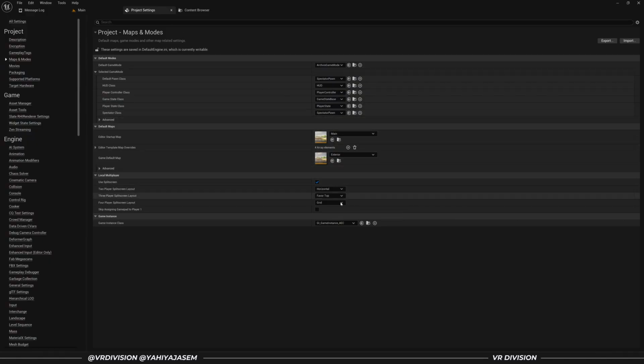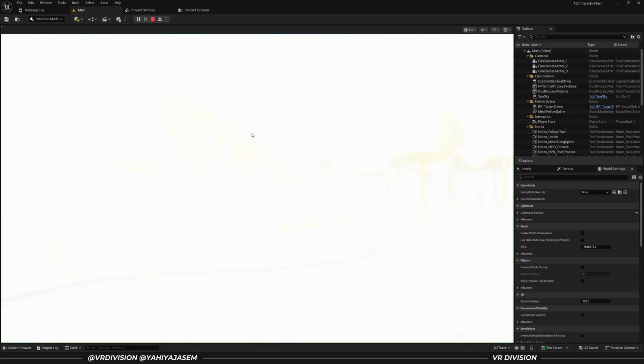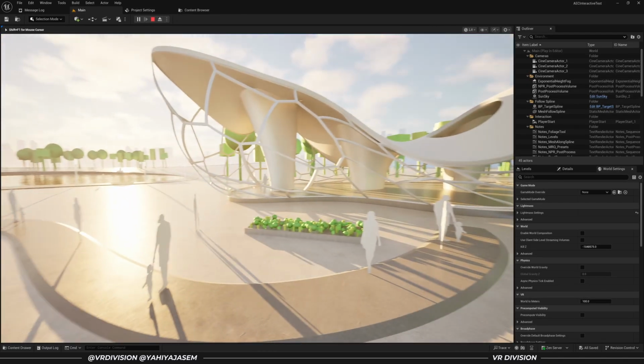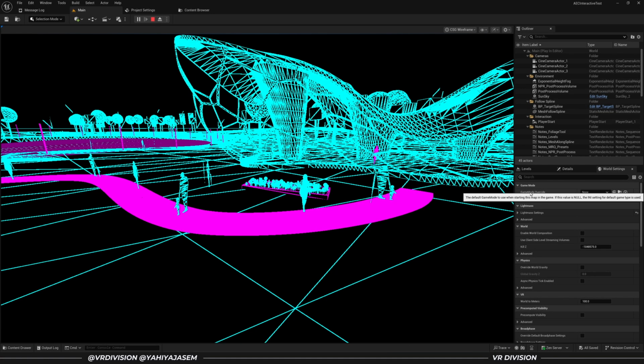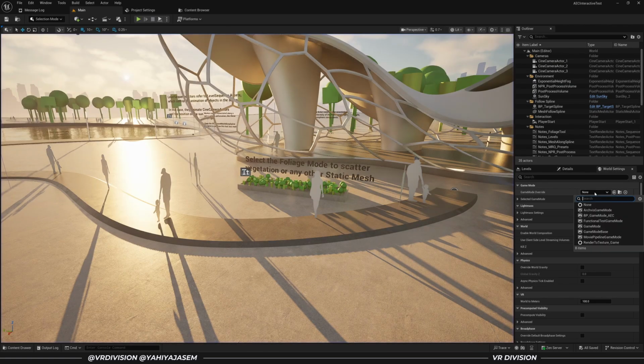And we set the game instance. Okay, this is very important. Now, when you click on play, technically nothing is going to happen, because right now in the game mode, that's the second setup we need to do. We need to set this from none to our game mode AEC. Okay, so I'm going to select game mode AEC